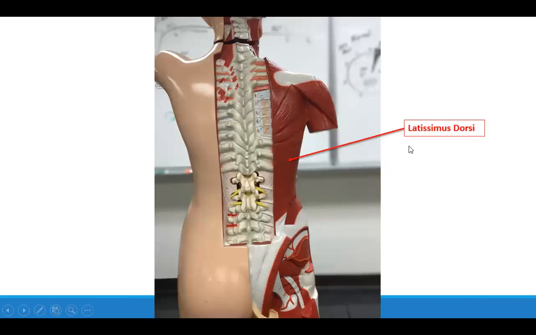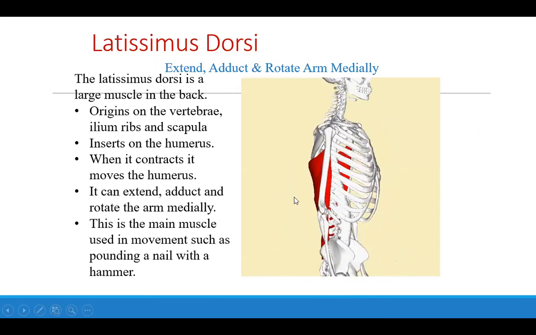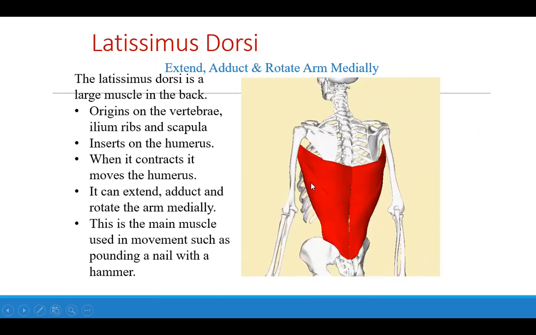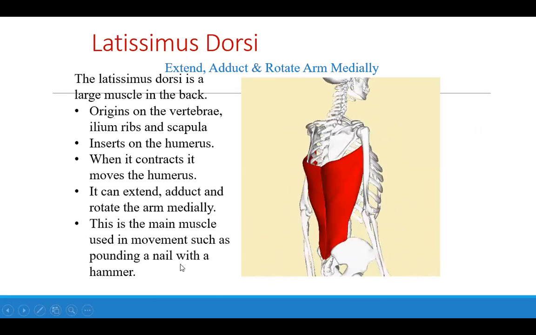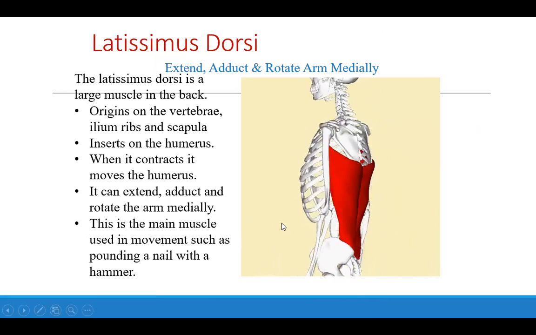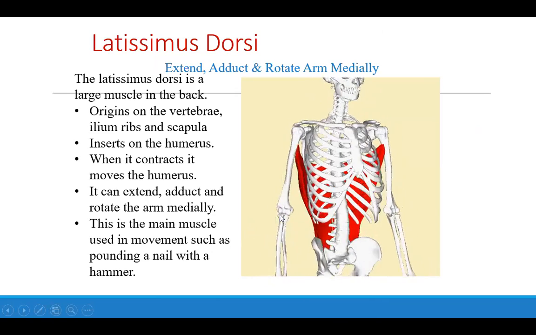Now, the large muscle of our back is the latissimus dorsi. This is the muscle we use when chopping wood or driving nails. A good overhand swing, power stroke is going to be brought on by the latissimus dorsi. It's a large muscle covering most of the lower back. It allows us to, again, think of driving a nail with a hammer,